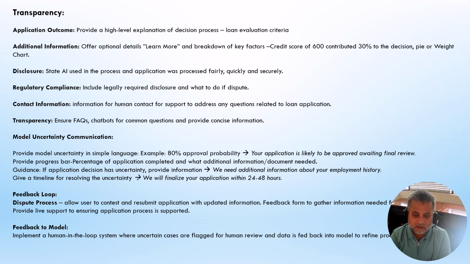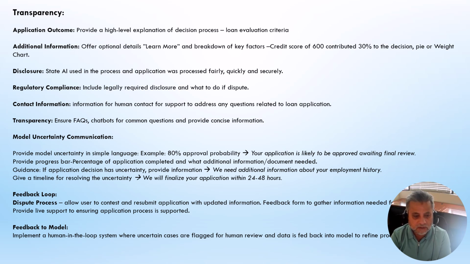and the communication about the model uncertainty. They provide that the model is uncertain. Exactly. So, for example, 80% approval probability by the model. So we can give a statement that your application is likely to be approved and it's awaiting final review. We can also provide a progress bar with the percentage of the application that has